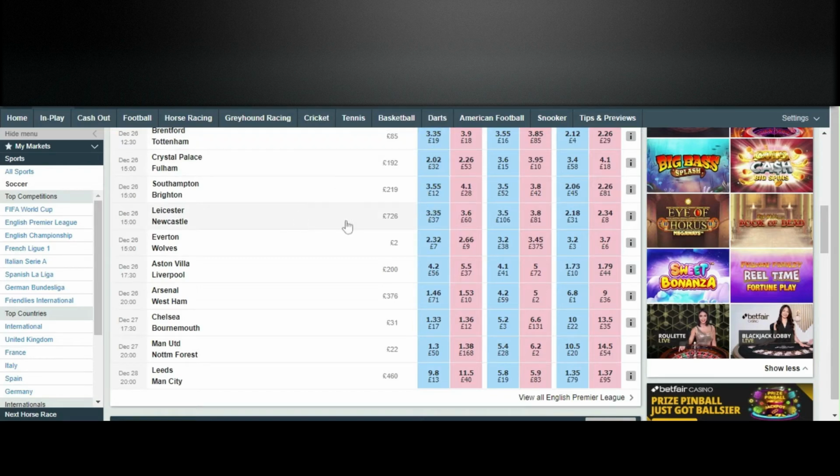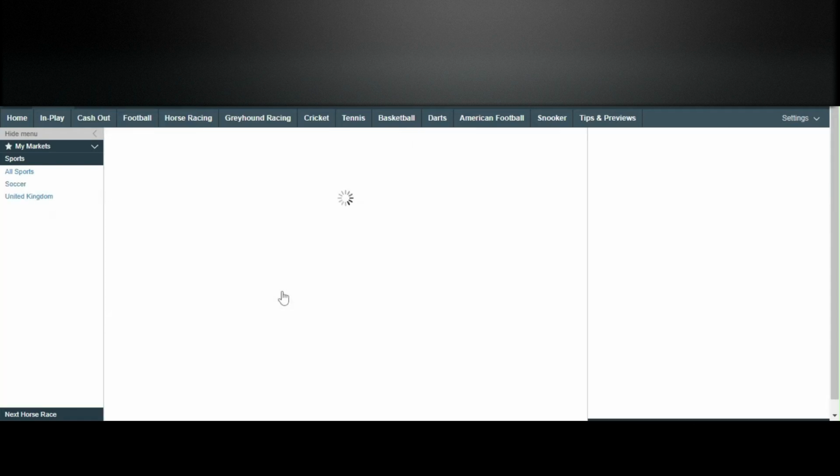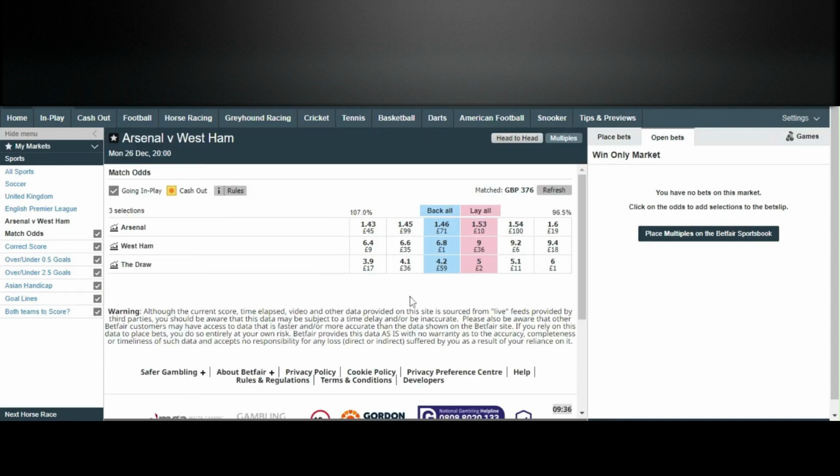So I'm just looking for a favourite at home. I've just been going through them all, and I've decided on this one. I mean, this is not playing, this is not all December, by the way. I'm just giving you an example. I won't do it yet because odds are going to change dramatically, and obviously there's only £376 matched on the market. So yeah, it's a long time. I'm just giving you an example because it's the best I can find at the minute just on today. So right, we'll just click on that.